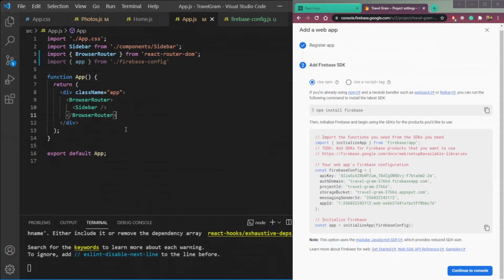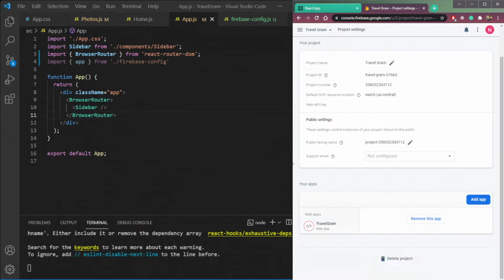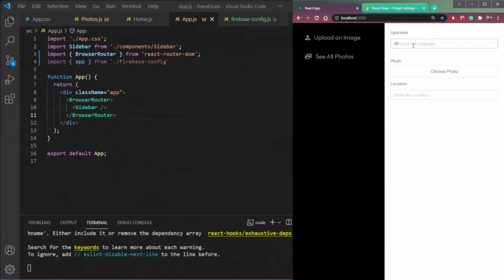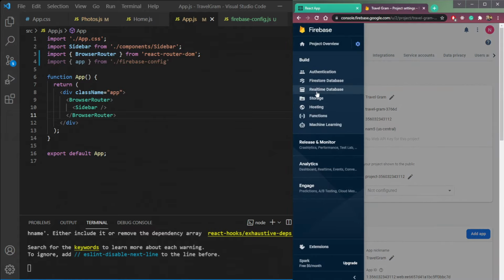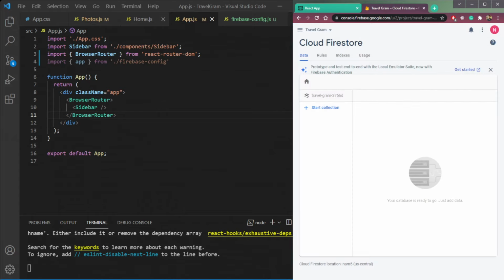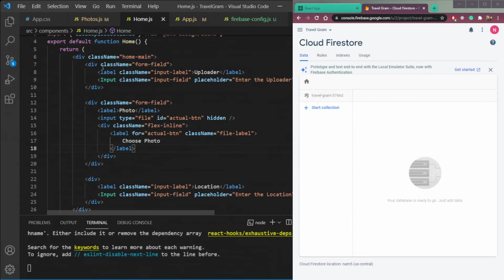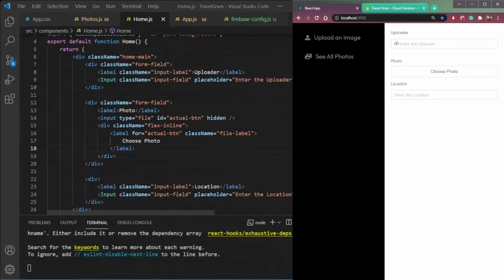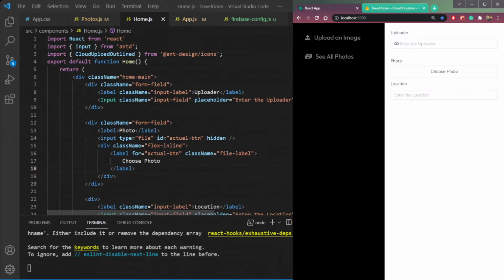Then what we need to do is, continue to console. So let's first send data to the Firestore database. So open Firestore database here. Then in this home page we have the inputs of all the data. So let's create 3 states for 3 inputs: uploader, photo, and location.